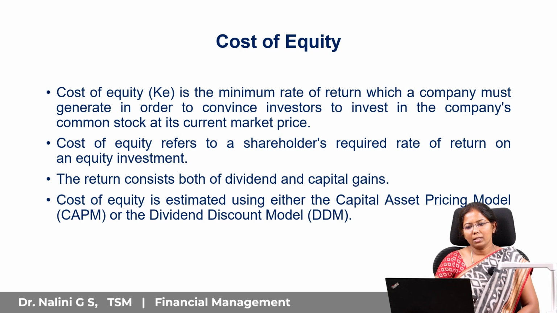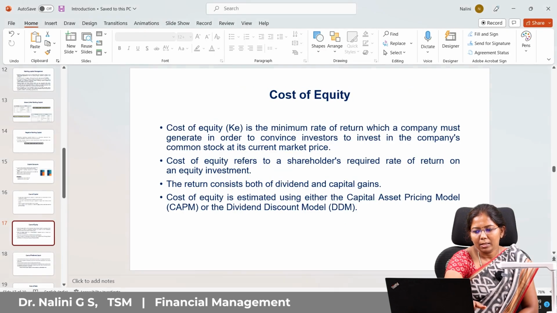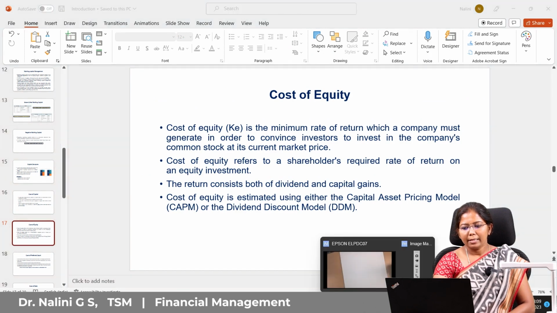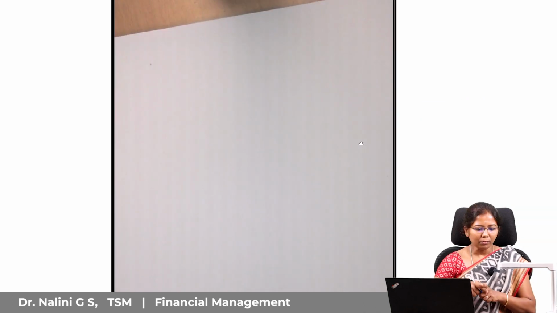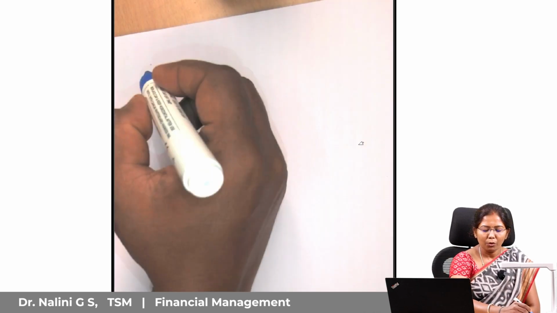Cost of equity. Cost of equity is the cost incurred by the company to raise money from the equity shareholders. From the shareholders' perspective, this is the expected rate of return of the shareholders. There are different methods to measure the cost of equity: the capital asset pricing model, and the other one is the dividend discount model. In the capital asset pricing model, that we'll be discussing in detail in our fourth module,